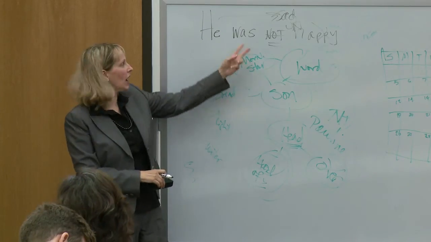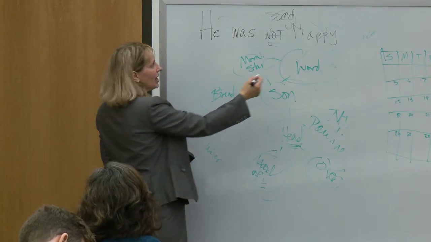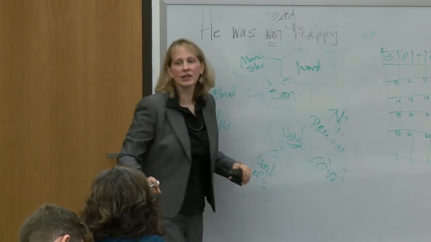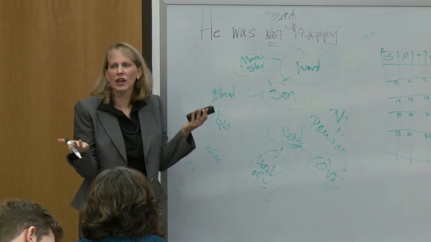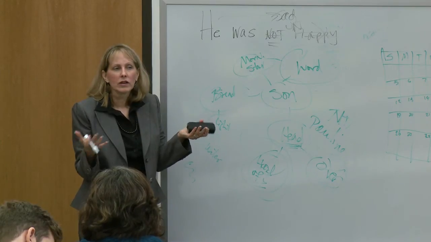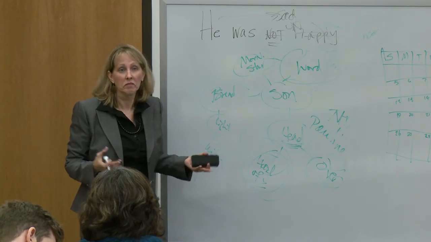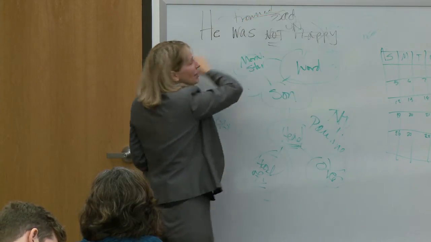Okay, well, let's say I don't want a boring verb, right? So the next step, first I'm going to change the negation into an assertion. He was sad. How do you know somebody's sad? How can you tell? What's he doing that tells you that? Facial expressions. Okay, so give me a facial expression that says you're unhappy. Frown. All right, so he frowned. All right, that's much better writing.